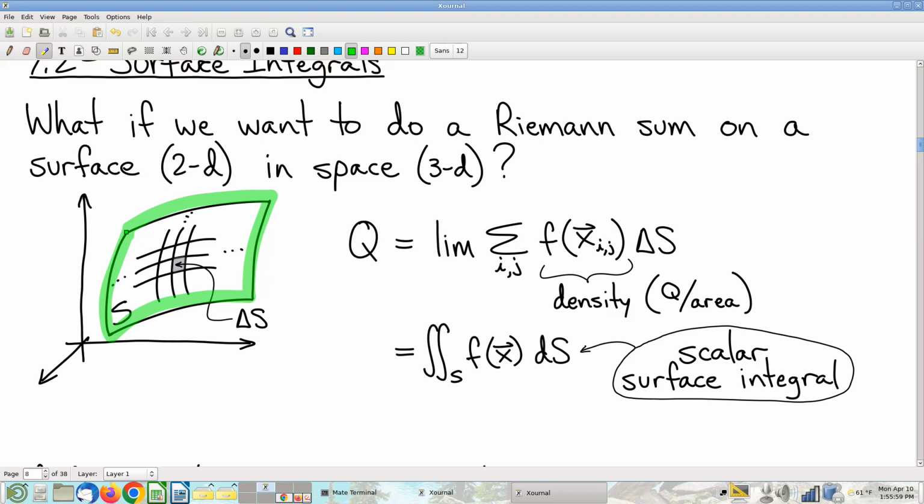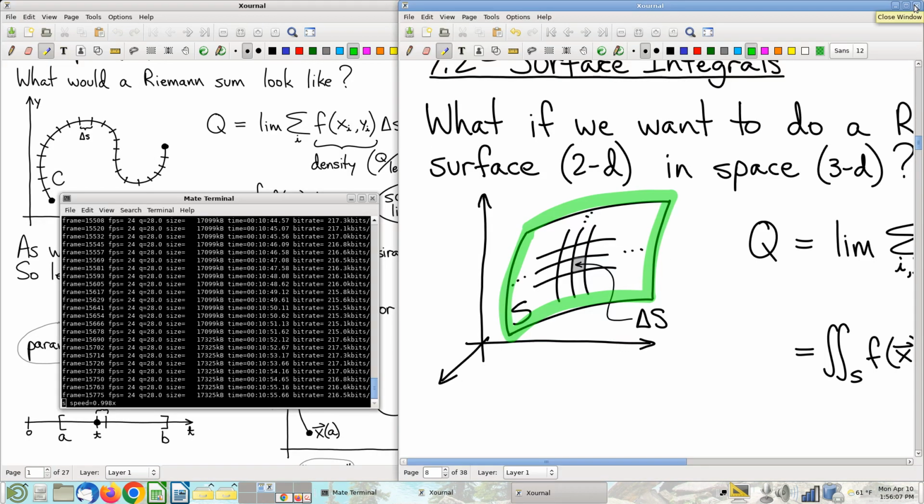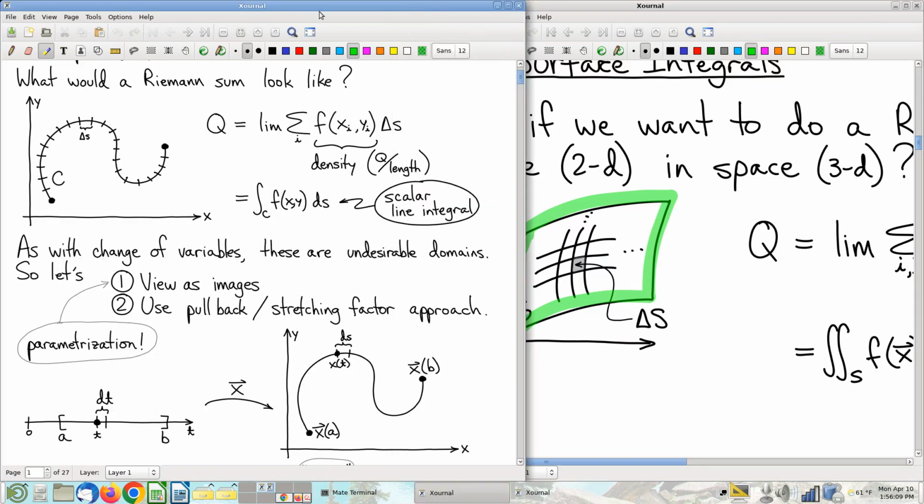We haven't ever talked about this before. So we need to make up a brand new kind of an integral. I do want to point out, though, that this is not entirely unfamiliar territory. Let's look back here at Chapter 6 when we defined scalar line integral. Right? And notice the big idea, if you have a new kind of a domain, is to make a formula for a Riemann sum,